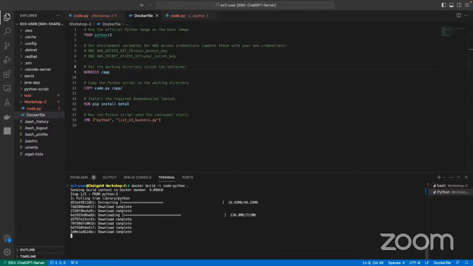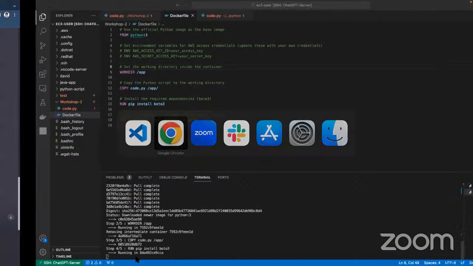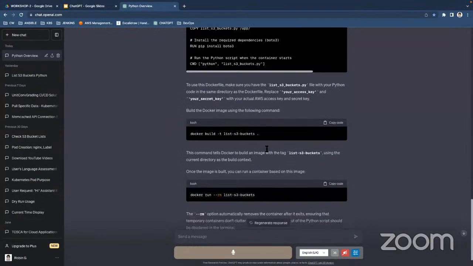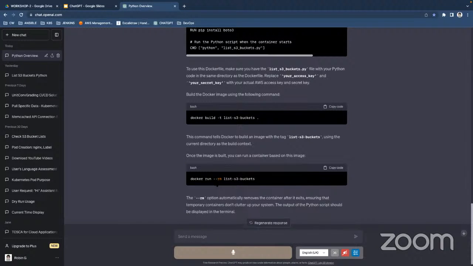You see, my Dockerfile is working. First, it's checking locally whether I have this image or not. After that, it's going to create a new Docker image so that I can make this code block work. While this is being created, we can check the other steps. If I want to run my code in the simple application, I should be running this command, but I should be changing some part because this is not the image name that I have given to my application.